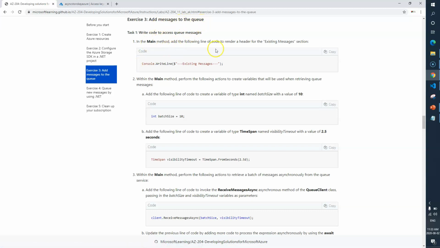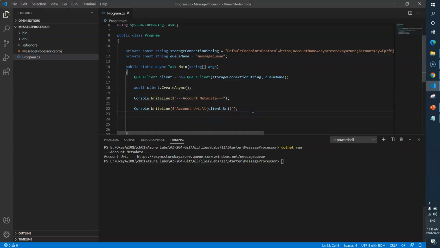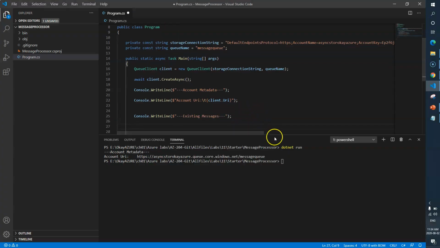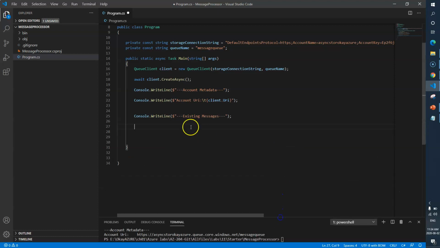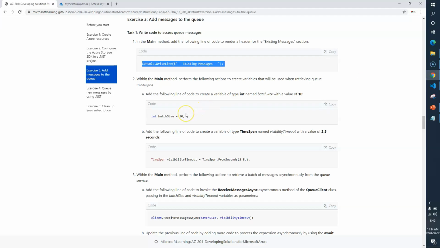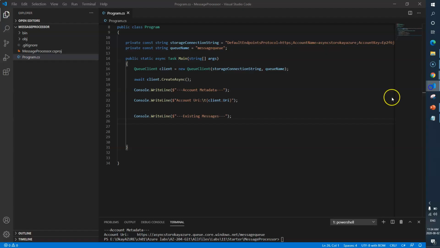So now we need to go back to our main method and we'll write this particular log. Okay, so I'll put the log here. If you see here, this is my last line. Now we need to add a new property which says batch count equals 10.